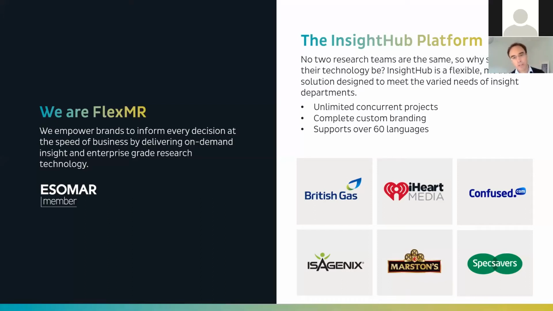So again, you can customize InsightHub for your own use and then run multiple projects with different clients and different moderators and different brands simultaneously from the one platform, which can make life a little bit easier. You can custom brand it. So should you want to market your own online facility, so to speak, then you can do that. And that creates a white label version for yourself. And then that creates, as I say, almost a product for your own use.